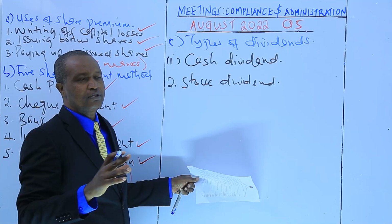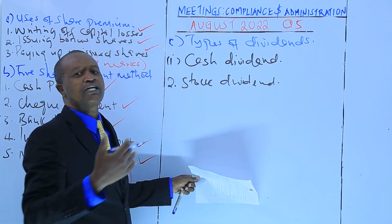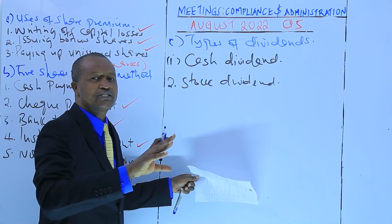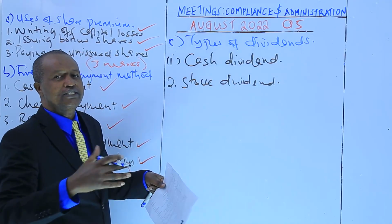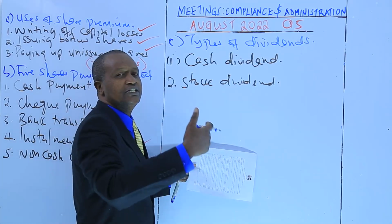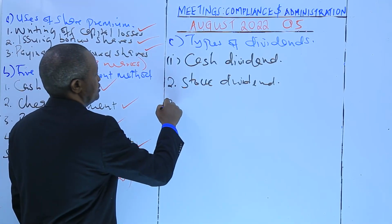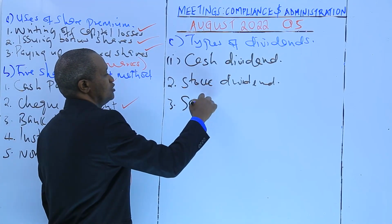These additional shares to the shareholders instead of distributing cash. The shareholders receive additional shares in proportion to their existing shareholdings. 3, there is what we call scrip